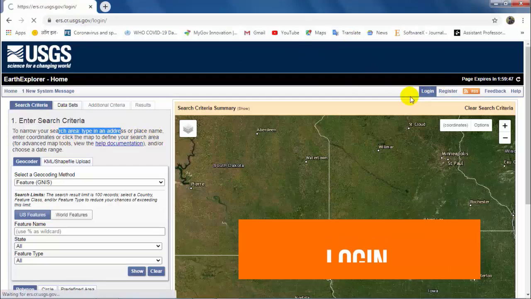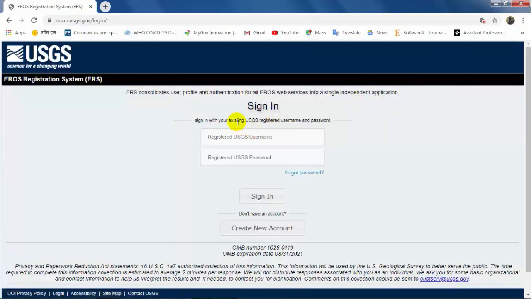So you have to log in. There will be two options. If you are already registered with this website, you have to provide the username and password, so you will get logged in or signed in, or you have to create a new account if you are new. But this task is a little bit complicated, how to create a new account at the USGS website. So I have made a different video and the link of that video is provided in the description box.